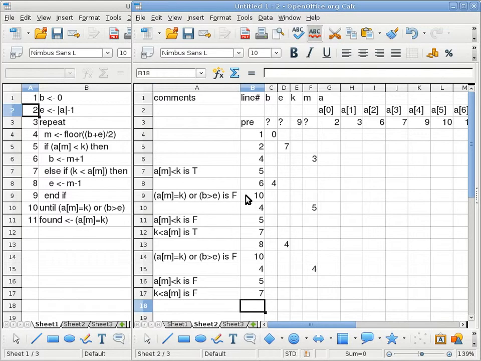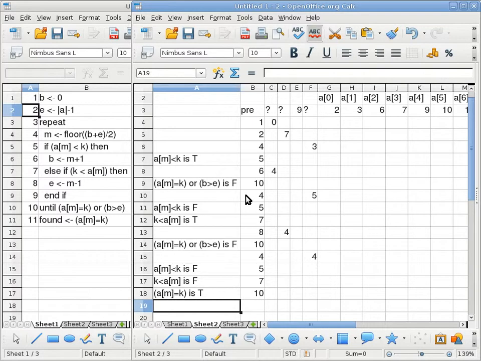Then we are out of the conditional statement. There's nothing to execute inside the conditional statement because I just took out the else. There's nothing to do. So now we are back to line 10 again. A bracket M equals to K is false? What? True. What? It is true, and because we are using the